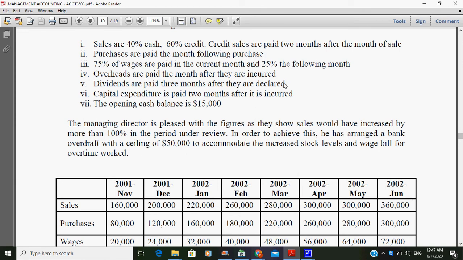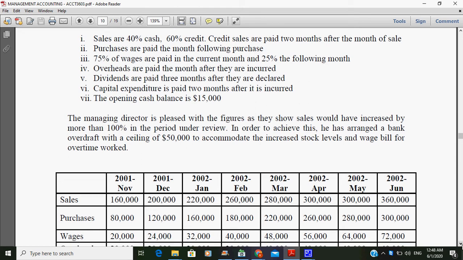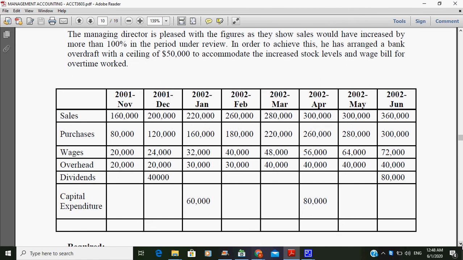Please remember these things. As I said, we're going to go through everything in deep detail, so please remember all of them. Pause the video and write down the information. See how much time I'm giving you. Alright, let's roll on now. Now we're going to go to the solution.